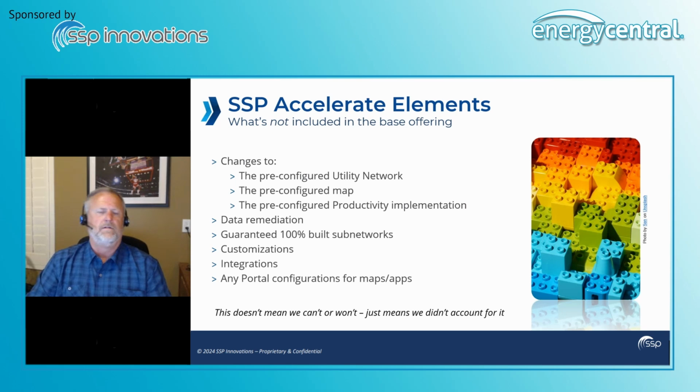It's only fair to emphasize what's not included in the base offering flat fee. So changes to the pre-configured utility network, changes to the pre-configured map, or the pre-configured productivity implementation. We're not going to do data remediation outside of what we can do with our data migration tool. And ultimately, we can't, and I don't think anybody can really guarantee 100% built subnetworks. It's very dependent on the source data itself, but you will have an understanding through that data assessment up front